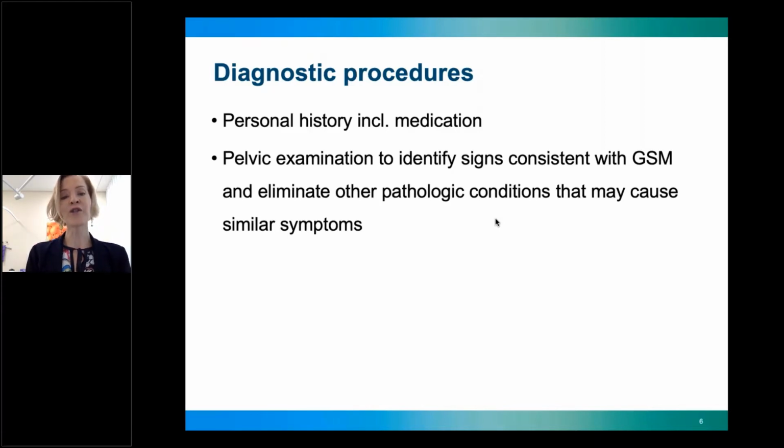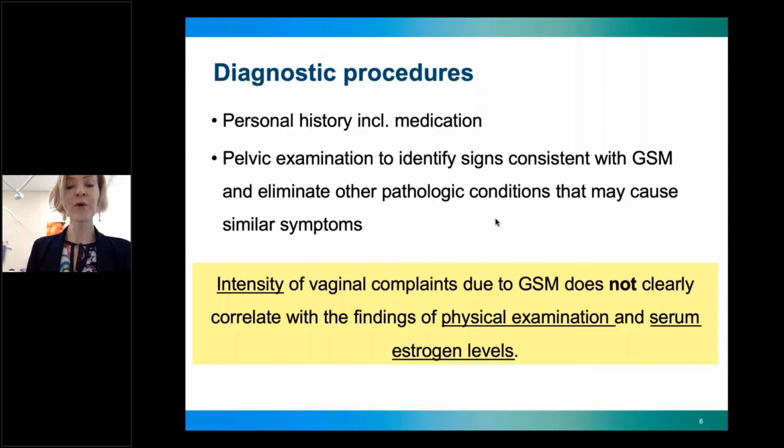It's more about being sure that there's no other pathologic condition, such as lichen sclerosus, which might induce similar symptoms. And what is also important to remember is that the intensity of the vaginal symptoms does not clearly correlate to the physical examination findings and also does not correlate to serum estrogen levels. So it's quite possible that you do your gynecological examination and you think, well, it doesn't look too bad, but